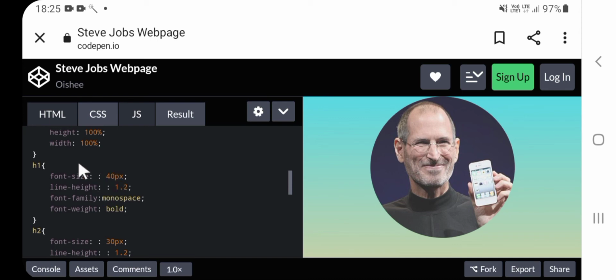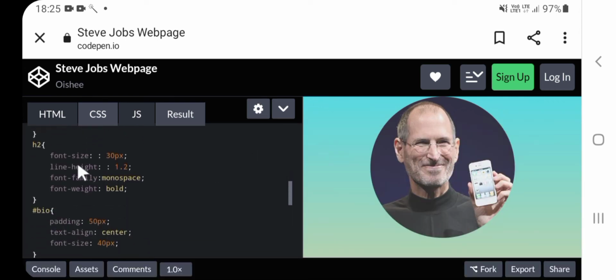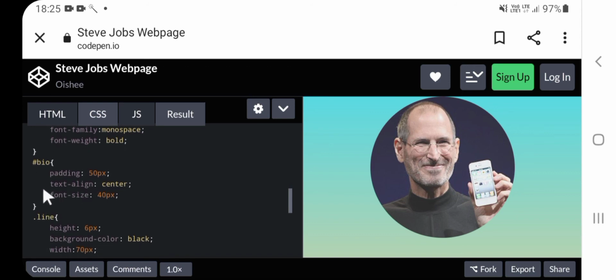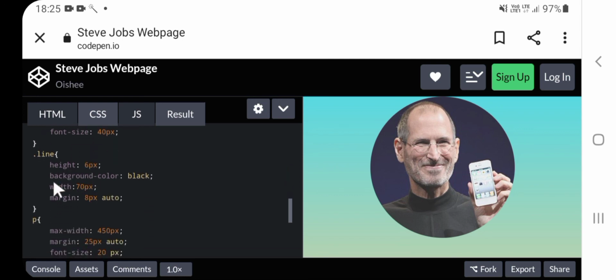Now, after each and every line of coding in CSS, never ever forget to put a semicolon. Now we go to h2. We have font size as 30px and line height as 1.2. Font family monospace, font weight bold, hashtag bio, padding 50px, text align center, font size 50px, dot line, height 6px,